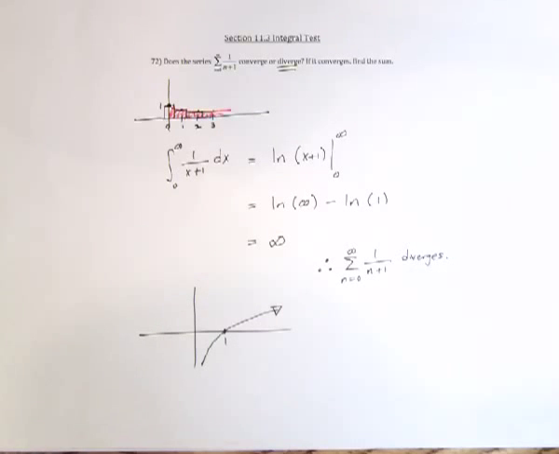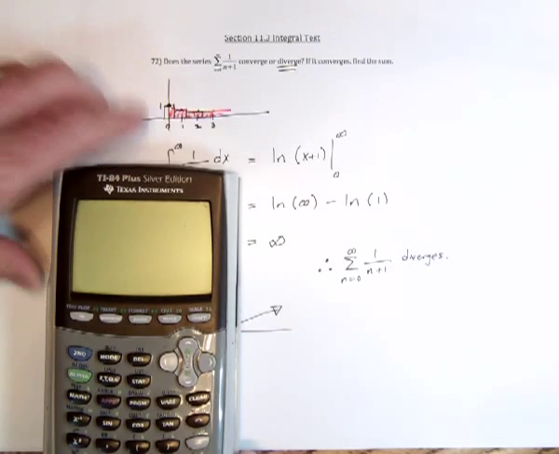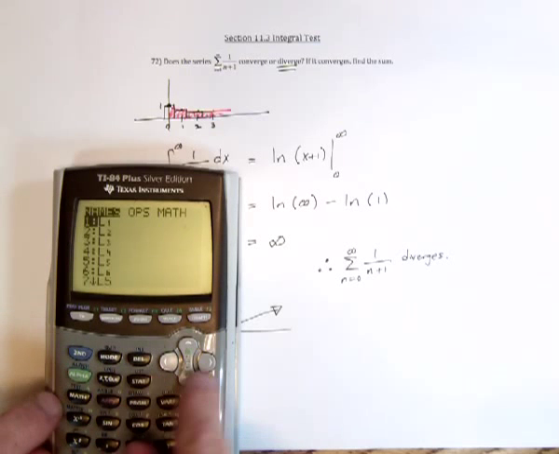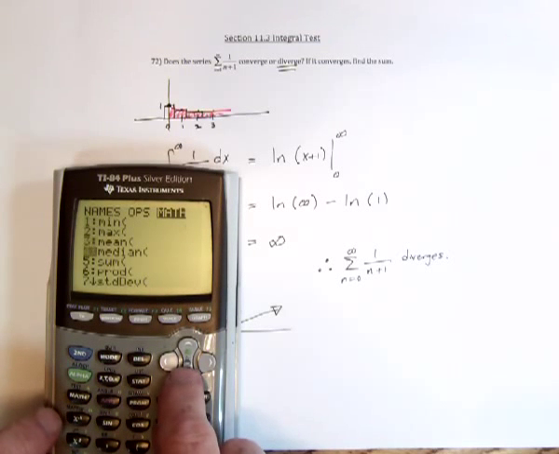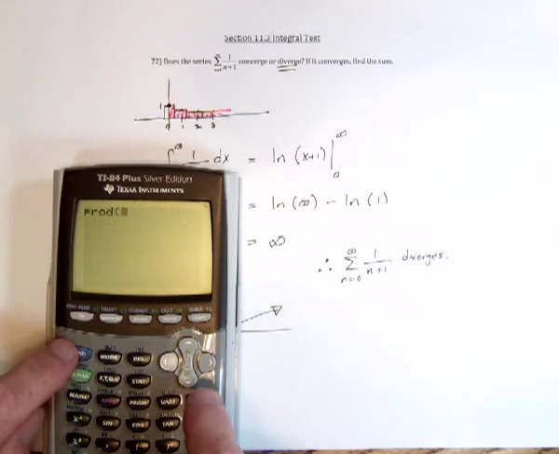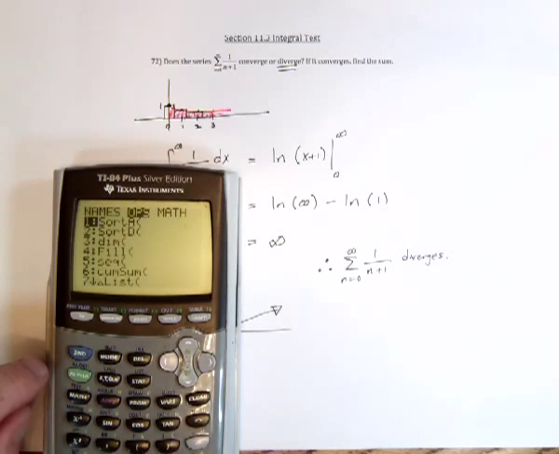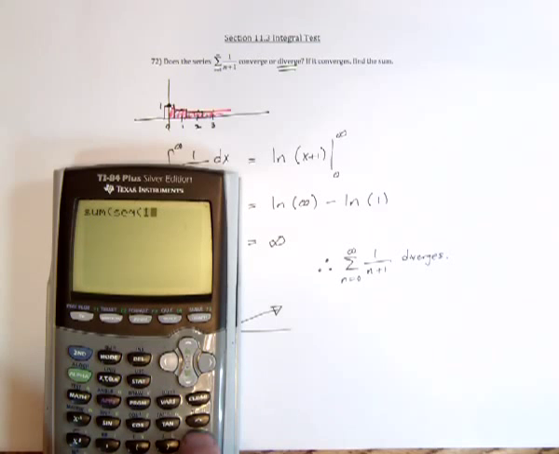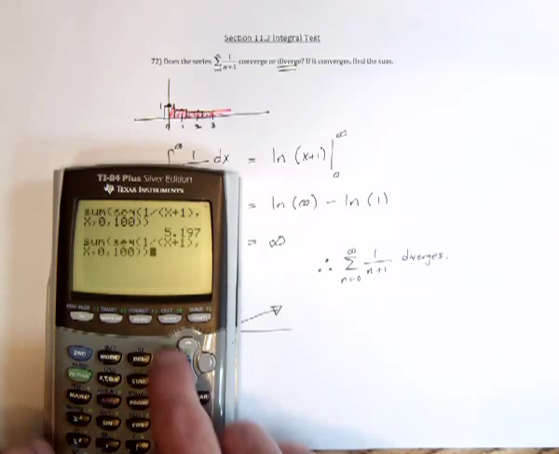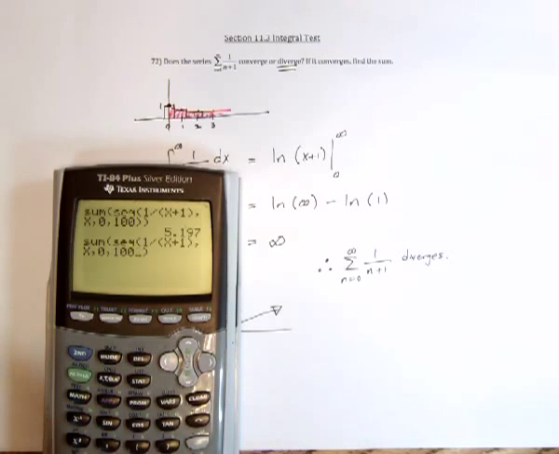You could also estimate that if you use the calculator and go sum sequence. Hey, that's not sum. Sum, the sequence, the function is 1 divided by, I'll use x plus 1. As x goes from 0 to, and then pick some large number. Well, I guess I could start with 100. So with that, it's 5.197, and then if you add up 1,000 terms,